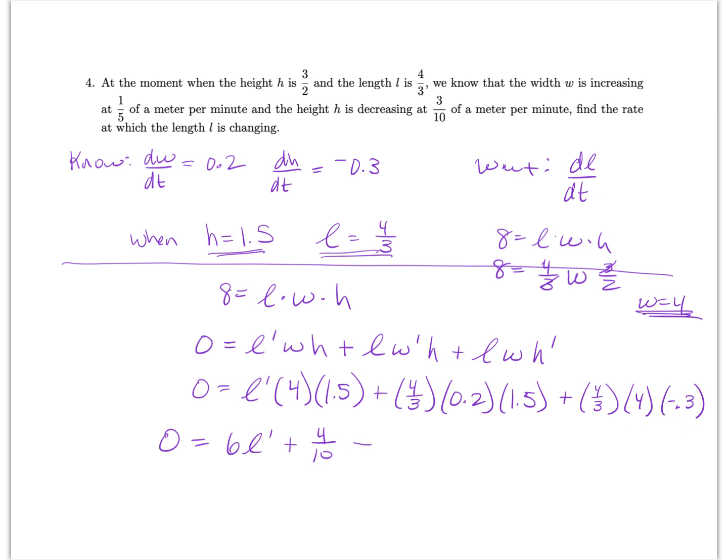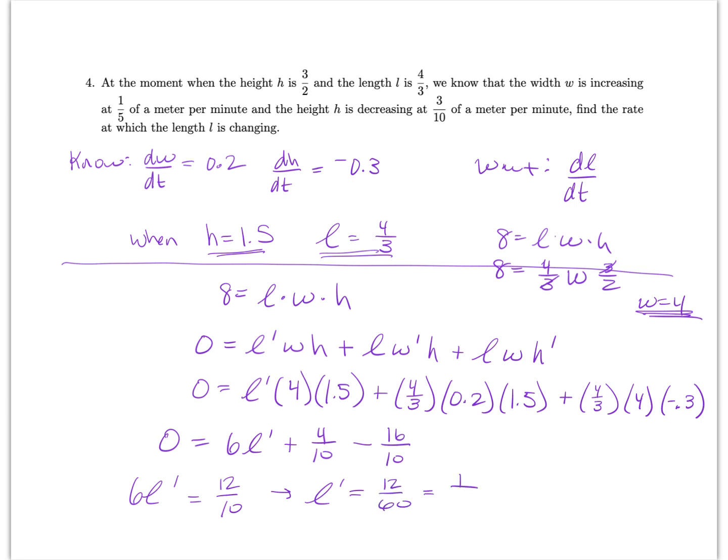So 3/10 times 4/3, the threes cancel and I'd get 4/10. But then I'm also times 4, so 16/10. And so I have 6L prime equals 12/10. So L prime equals 12/60